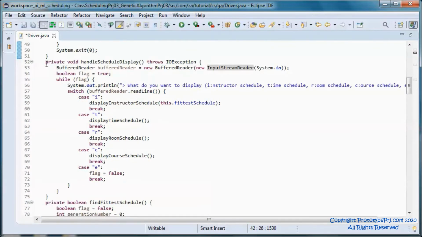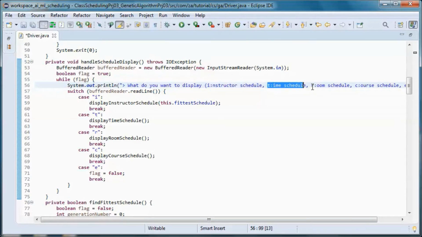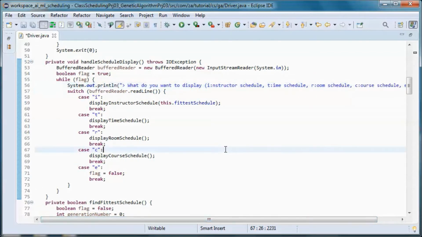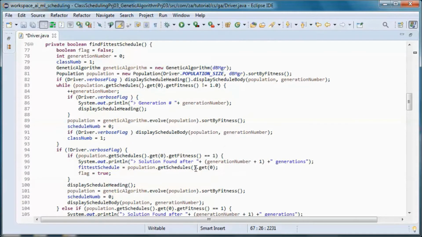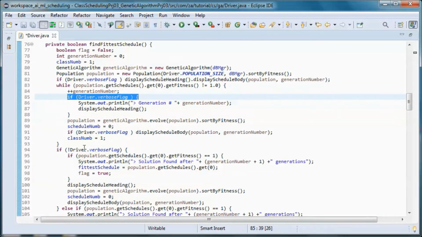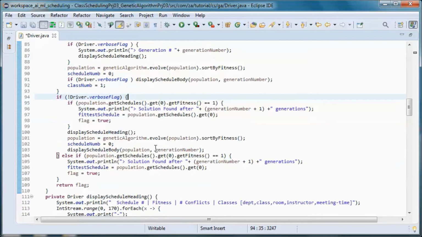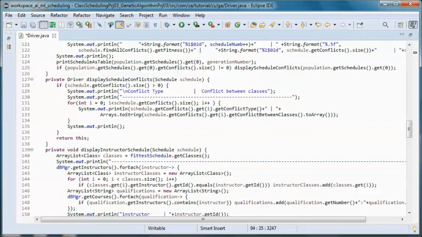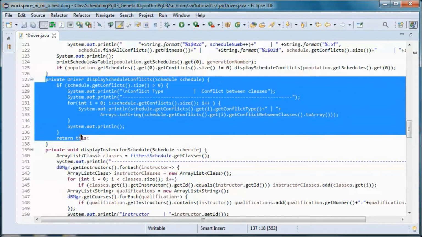And this one handles displaying the schedule from the instructor perspective, or the time schedule one, or the room perspective, or the course schedule one. And here we are handling running in verbose or default mode. And this code displays the conflicts.